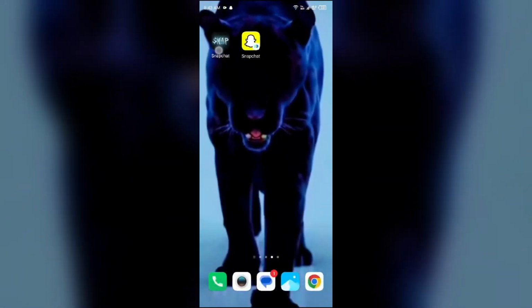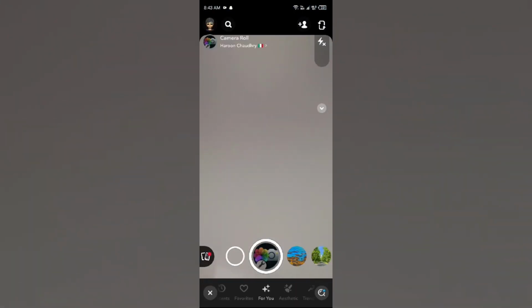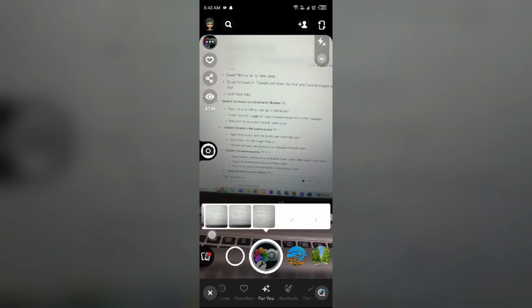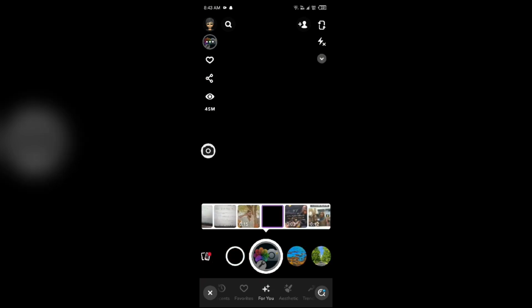So basically, when you open someone's snaps or you send some snaps to your friend, then you will find this message, a media uploaded, in the top left corner. This comes when you send a gallery or memories photo to some of your friends. To make it more clear, let me show you.